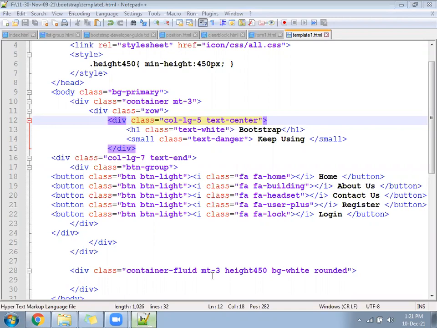For more rounded space of the container, you can use the class rounded circle. If you want more rounded space, you can use rounded circle. If you want less than that, create your own class. Apply border radius 30%. In rounded circle, the border radius is 50%. If you want less radius, create a class and give border radius 20%. We can create our own easily.